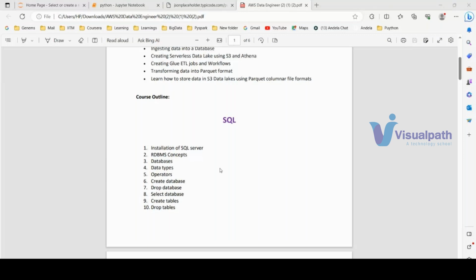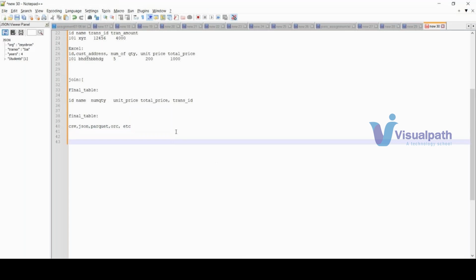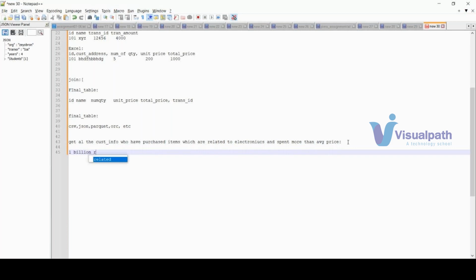Because as per the business requirement, you should be able to write different logic. Let me explain one business use case: get all the customer information of customers who have purchased items related to electronics and spent more than the average price. This is one particular business use case, guys, that I'll get from the business. What they are asking is to get all the customer information of those who have purchased items that come under electronics only, and spent more than the average price. So let's say I have 1 billion rows, and it can have multiple